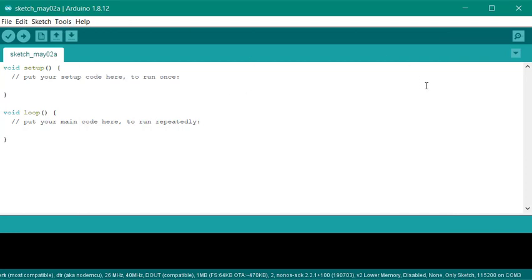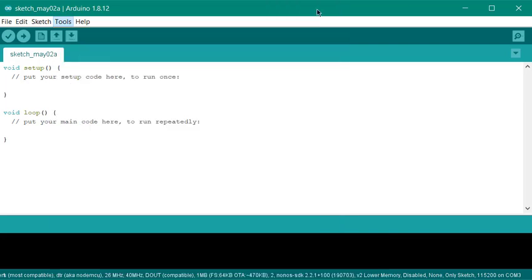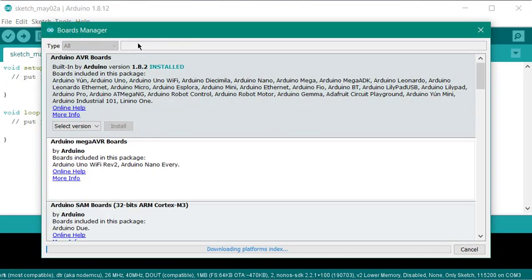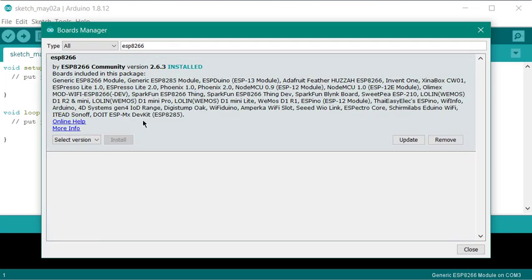Then restart the IDE and go to the board manager. Search for ESP8266. You will find it, and here you will find the install button. Press install to install this library.